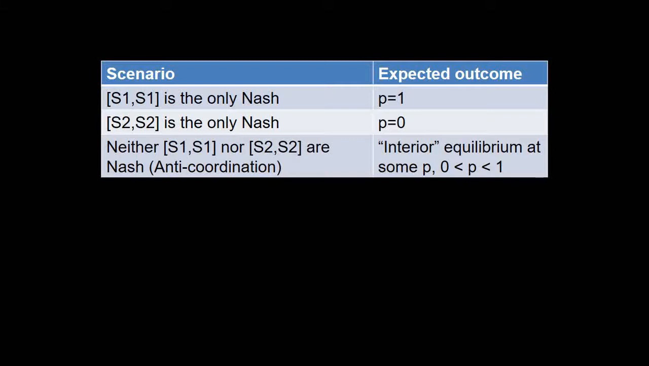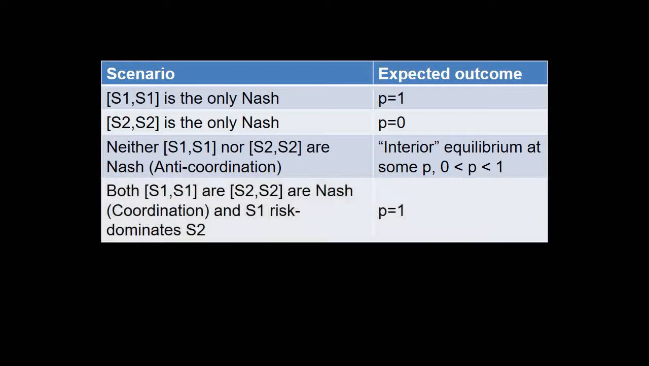When neither S1 nor S2 are Nash, so it's an anti-coordination situation, then you get an interior equilibrium at some value of P, and specifically it's the value of P at which the expected payoff of the two strategies is equal. And then when both S1 and S2 are Nash, so it's a coordination game, and S1